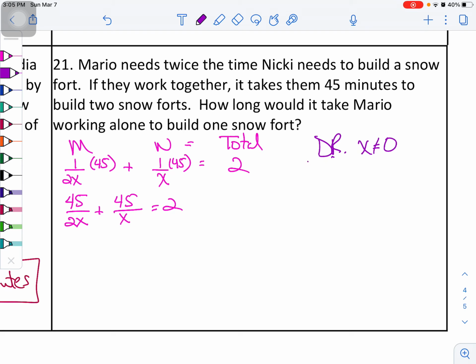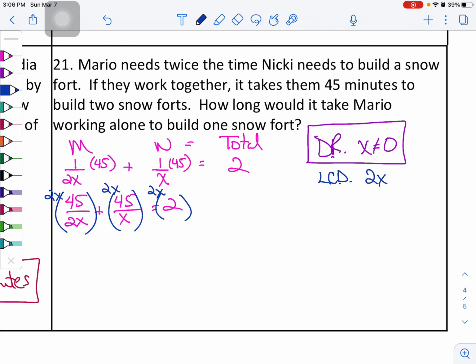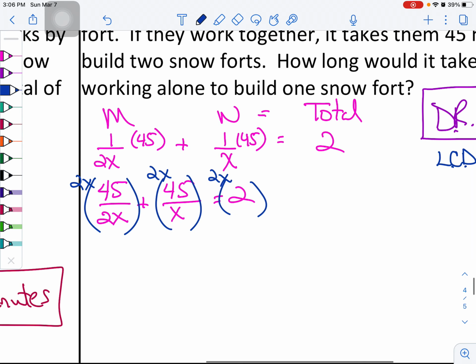Now in this case, I do have a domain restriction. My domain restriction is that x cannot equal 0. That kind of makes sense, because if you don't give them any amount of time, they're not going to build anything. LCD, we're going to look at our 2 denominators. Right now we have 2x here, and that will take care of this single x as well. So I'm going to go ahead and multiply everything by 2x,